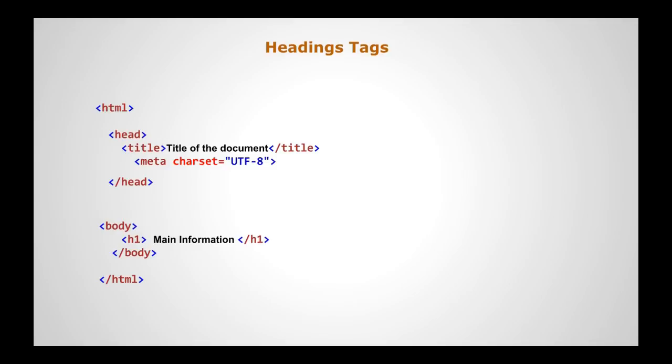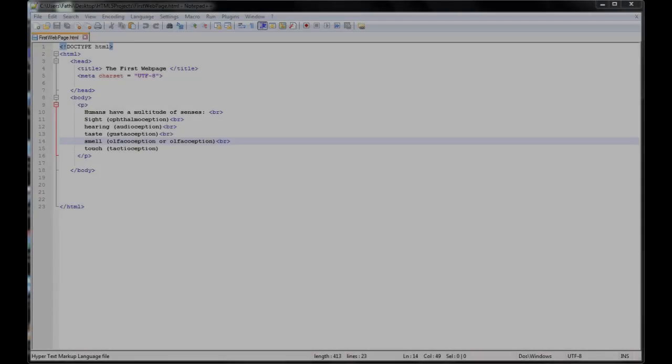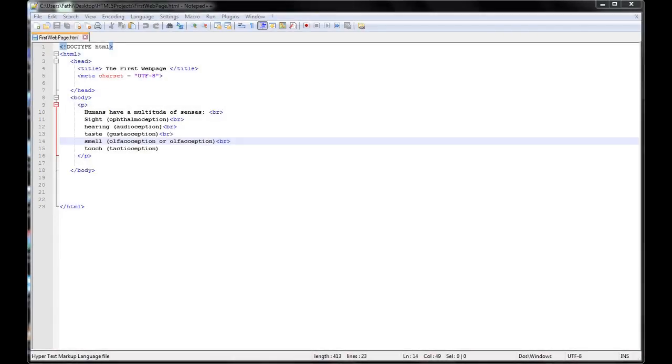So now let's go to Notepad++ and work with some examples. Okay, here I have Notepad++ open. This is the last project that we worked with. To start a new project, I'm gonna click here,